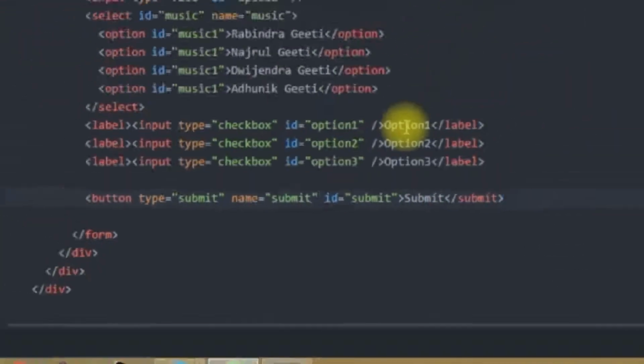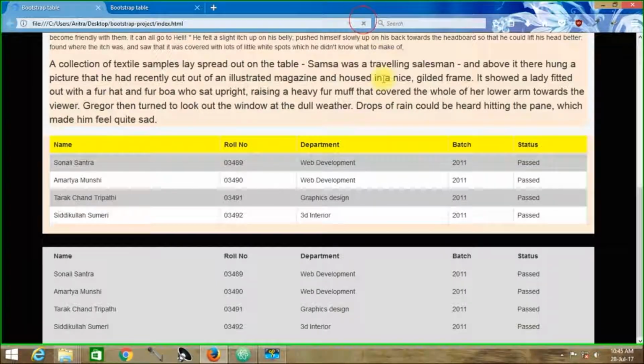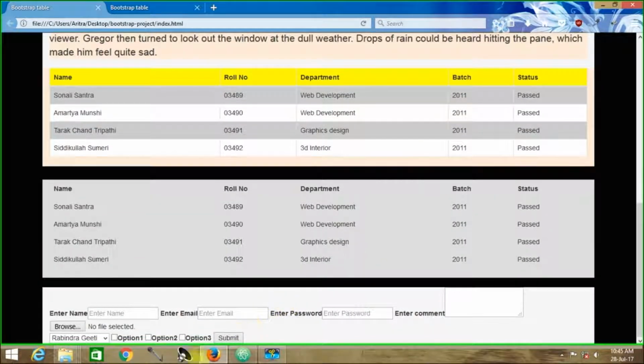Okay, now we are good to go. First of all, just press Ctrl S, get back to your project and reload. And now you can see that these things are practically created over here. As we can see, all these things are in their core HTML form elements, and so far no such Bootstrap form elements are present over here.